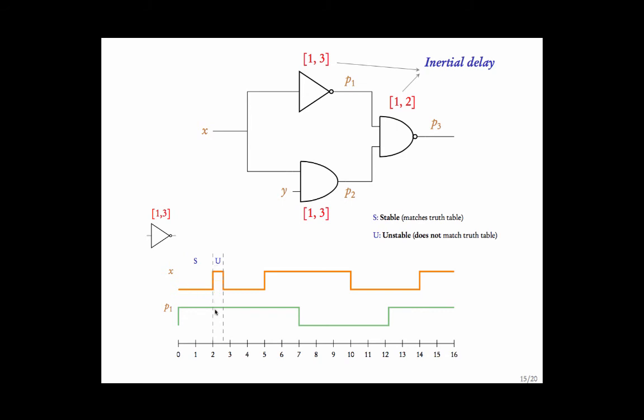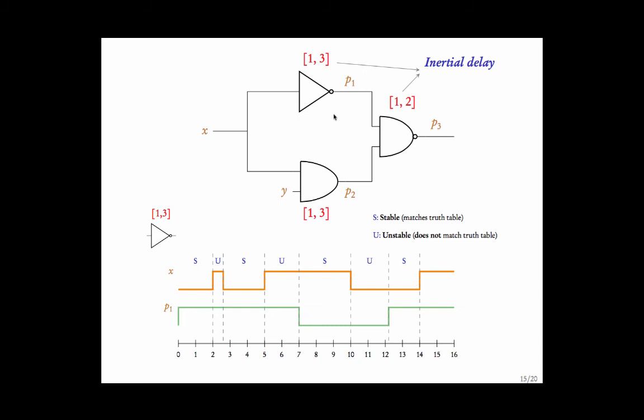Here, the system is unstable. Here, the gate is stable. Here, the gate is unstable because both input and output are 1. Here, it is stable because input is 1 and output is 0. In this part, it is unstable since both input and output are 0. Here, it is stable,